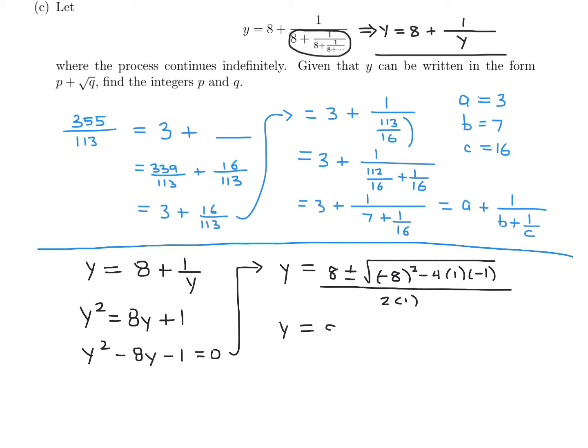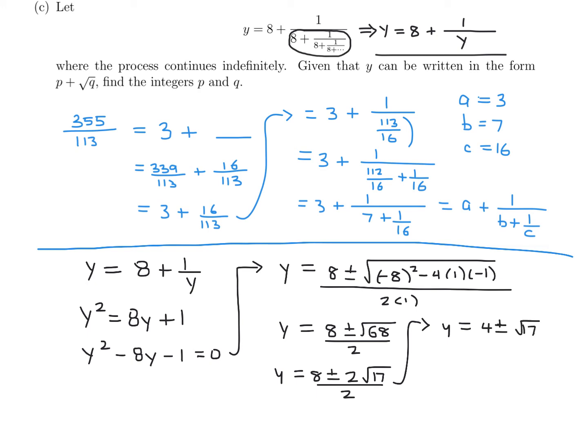So that means y is equal to 8 plus or minus 64 plus 4, so 68 all over 2. That is 8 plus or minus 2 root 17 all over 2. So that is y is equal to 4 plus or minus root 17. And let's see here. y obviously has to be positive if you look up here. So therefore,